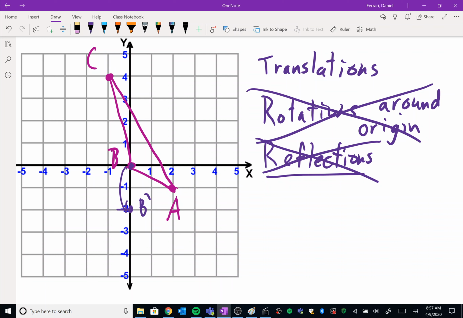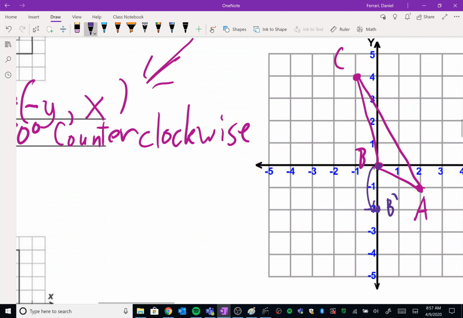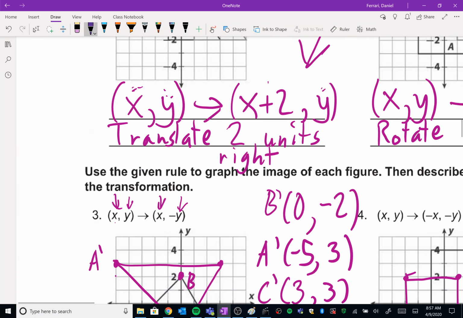So any sort of translation will work for this one. You could feel free to use mine, a translation of down 2. You could go down 3 and right 4. You could go up 10. You could do whatever you wanted as long as you do some sort of translation on this one. Okay, so I'm just going to put that in here,